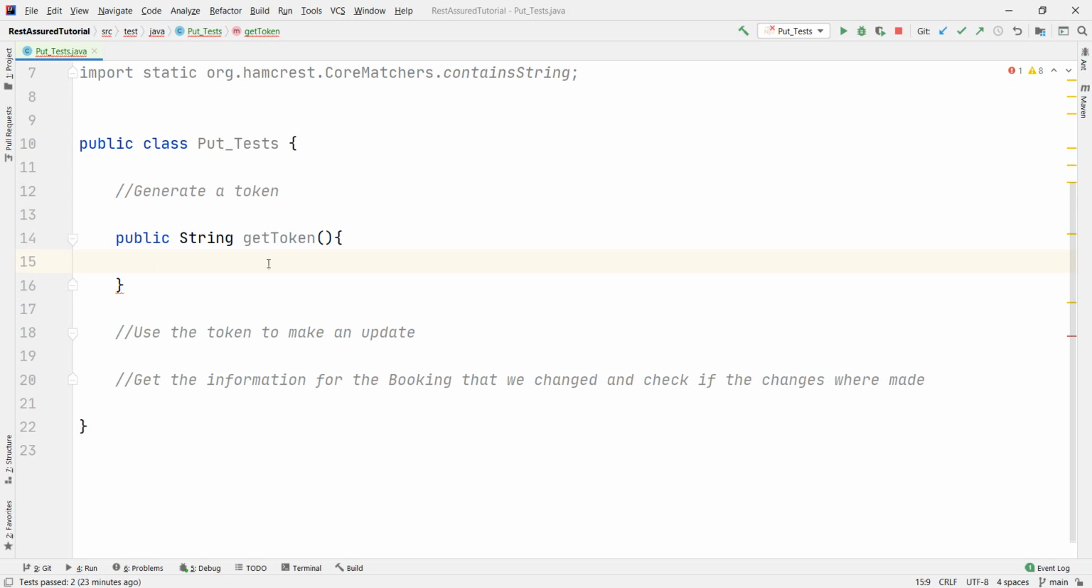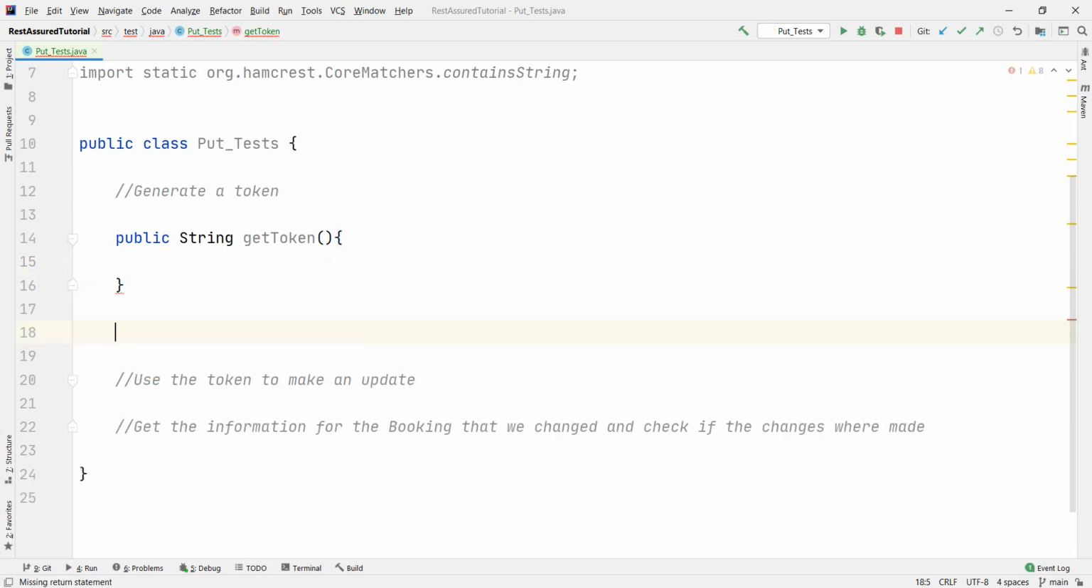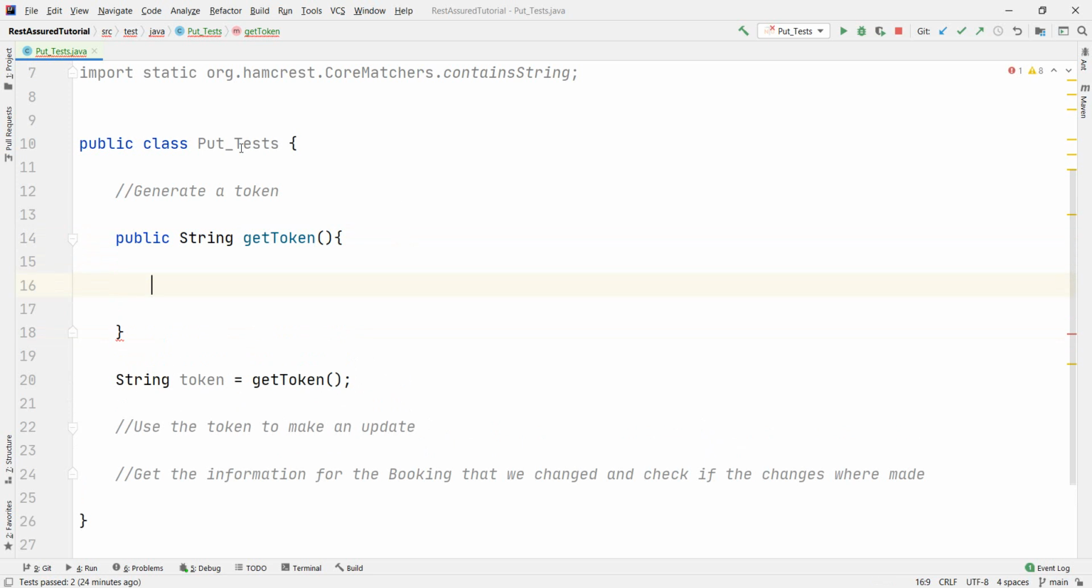So as I said, we need to write a function that gets our token, and then it can be used in our tests. So we have a string token, and this one is going to call our getToken. Okay, but now we need to write our part here. So as I said, we need a function that returns something, and it will return the response, or it will return a part of the response that we get when actually calling this